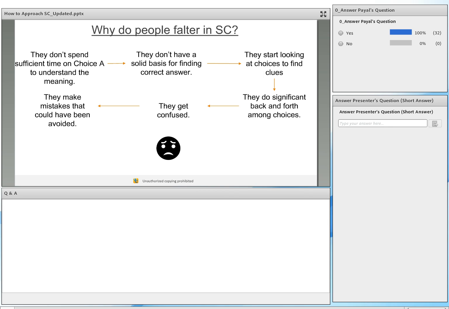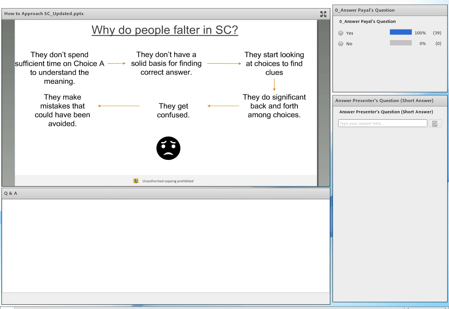Absolutely. Right? And that is something which, if you follow the meaning-based approach, you will be able to avoid going into. Because this is no fun. It not only has an impact on your accuracy for sentence correction questions, but imagine if you go through such a back and forth in SC questions, what impact is that going to have when you solve a CR question right after it? Even if your ability in answering CR questions is high, you will have been bogged down by your experience